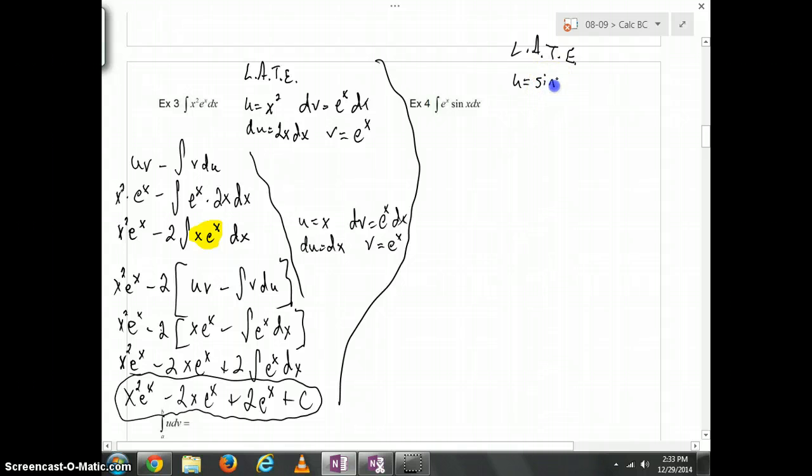We can let u equal sine of x. dv, you might guess, would be e to the x dx. And then you'd say du equals cosine of x dx. Take an antiderivative here, you get v